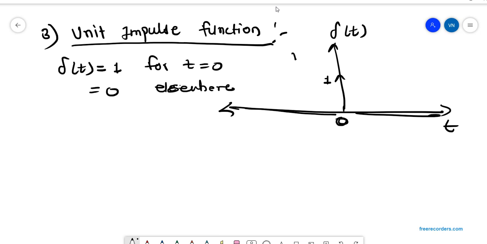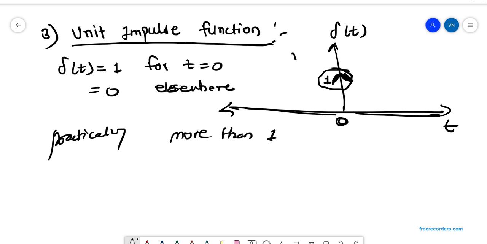Okay, basically theoretically we define t is equal to 0 as a 1 amplitude, but if you see in any book you will get this type of signal. Means what? Whatever the amplitude is 1, here they have taken an arrow. What is the reason behind this arrow? So theoretically we write this, but practically this value is not 1. This value is more than 1 practically.